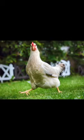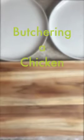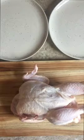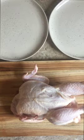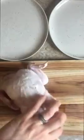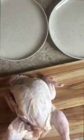So let's get started. To butcher a chicken, you want to make sure you have your cutting board and two places where all the parts can land. Grab a boning knife, which is a knife designed to get around joints and bones, and we can get started. The first thing you're going to do is cut between the leg and the breast. There's a nice skin and fatty area where the knife will just go right through, and just do that on